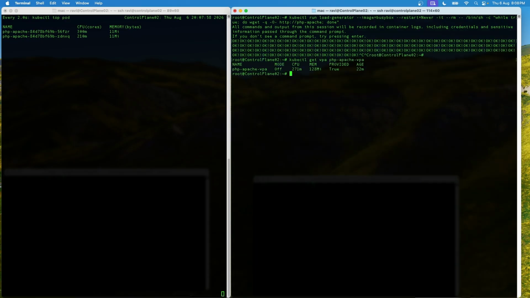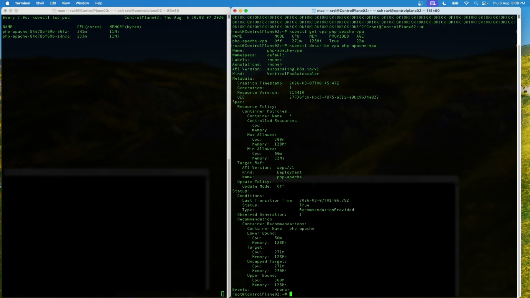And after a few minutes, let's stop the load, and let's check the VPA describe. Look at the recommendations section here. There it is. Look at the target line. Around 271 millicores of CPU. Remember, we set the actual request on this pod to just 10 millicores? VPA is here telling us, based on the real CPU usage, this pod actually needs about 27 times more CPU